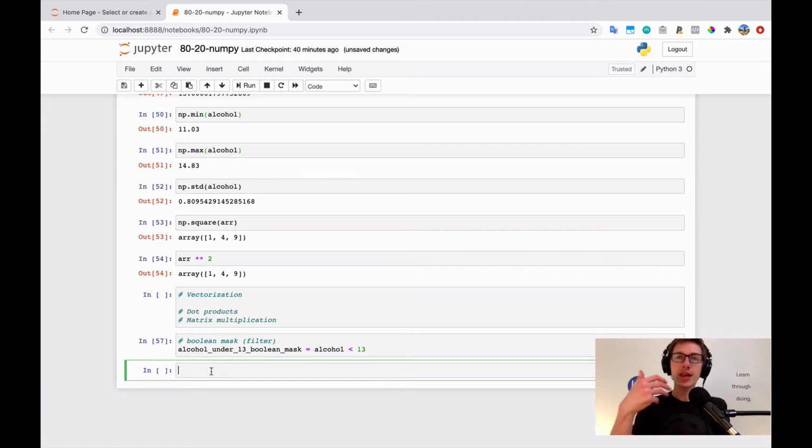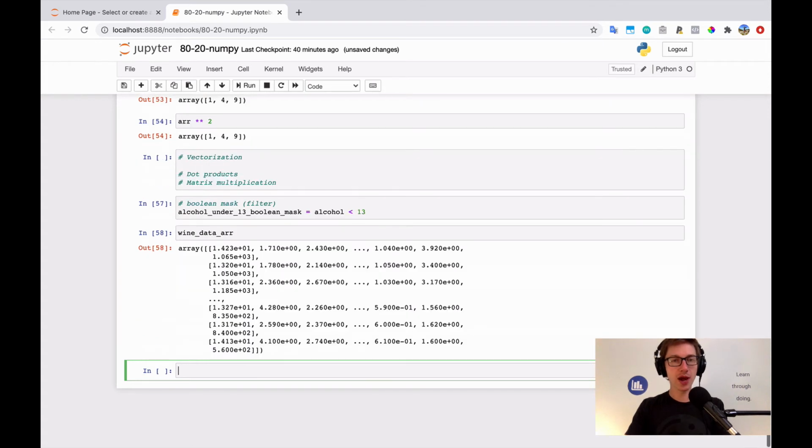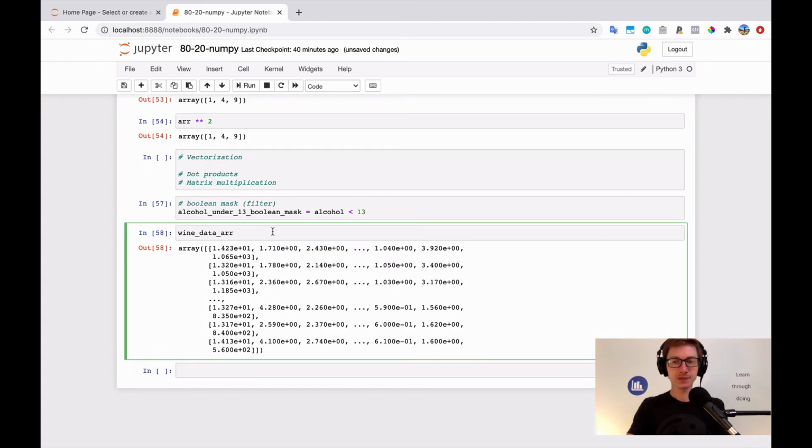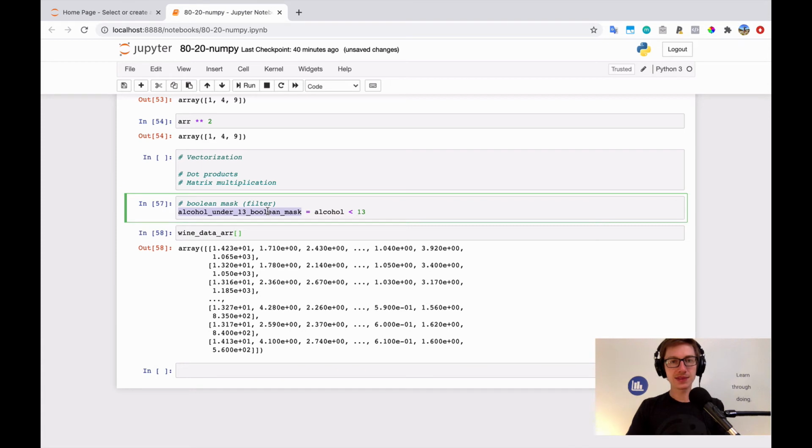So we have this array of trues and falses where a true means that we want that row because the alcohol content is under 13%, and a false means that we do not want that row because the alcohol content is at or above 13%. To filter our data now, NumPy makes it extremely easy. We can just pass this mask back in to our original data. So if we look at the wine data array, and I just pass this in,